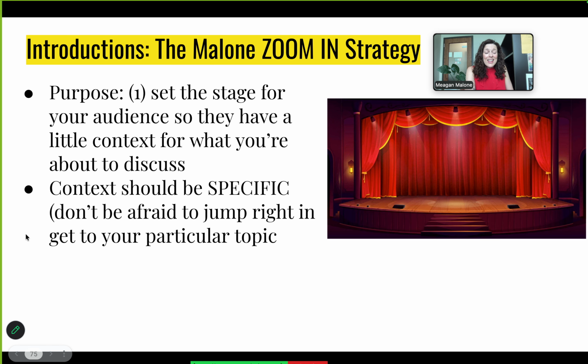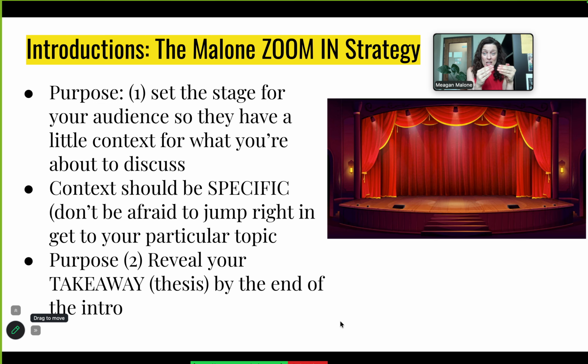And this means that you don't want to start with something really abstract from far away. You want to start with the actual content of what you're going to be talking about in this essay. So jump right into your topic. And that's the zoom in part. You're not trying to start since the beginning of time, all people have liked writing. You're talking about specifically you, specifically in this time, or you're talking about specifically generative AI, specifically in your life,